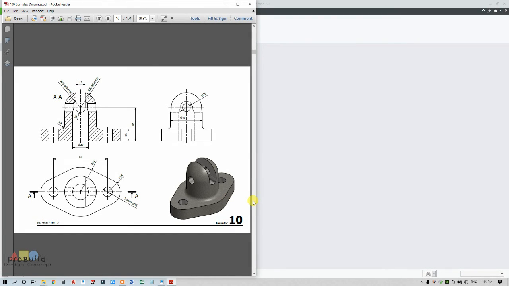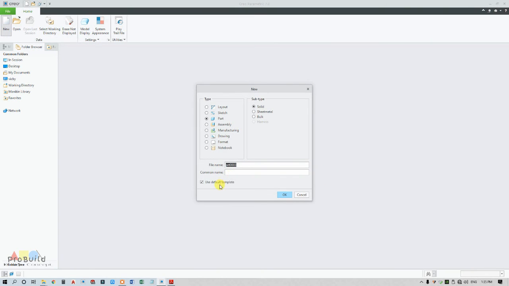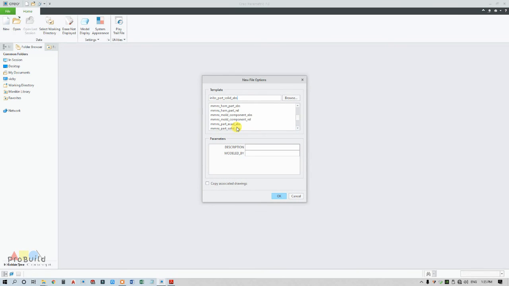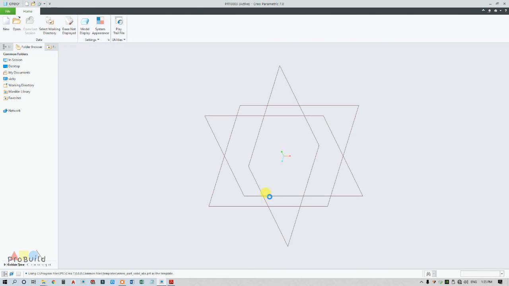So today we will be discussing how to make this part in PTC Creo Parametric. So I shall go up with drawing study. First I need to draw from the base, starting in this front view. The outer circle is R31 and either side circles are R16, offset at a distance of 68, and its thickness is actually 15. So going for the new file, uncheck this box and go for MMNS Part Solid ABS.